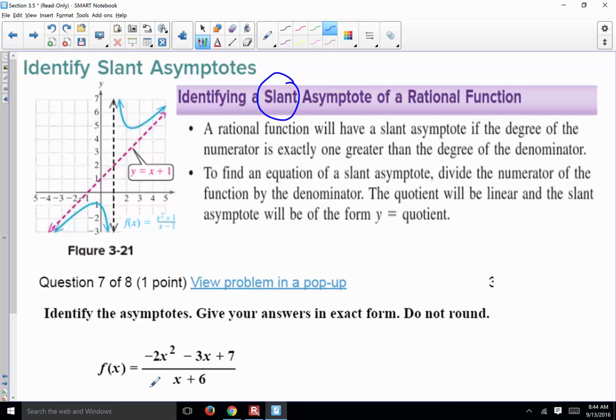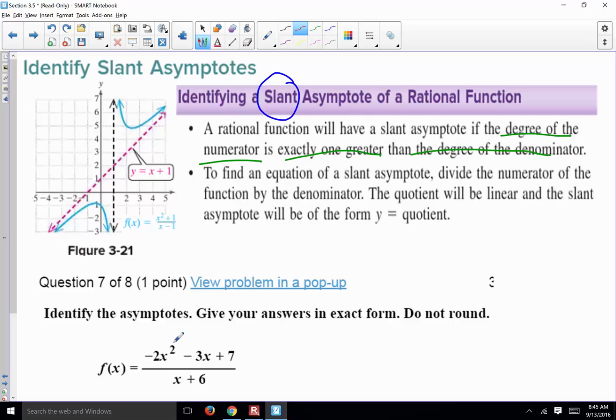But when? How do I detect? When I take a look at a question, how do I know, oh, there is a slant asymptote here in 2 seconds? I can decide there is a slant asymptote or not in 2 seconds. What is the test? Test is